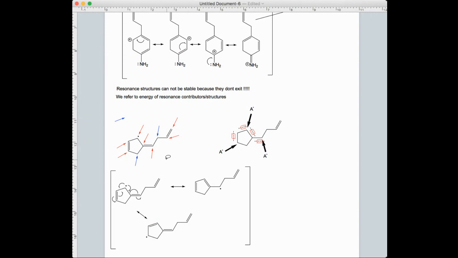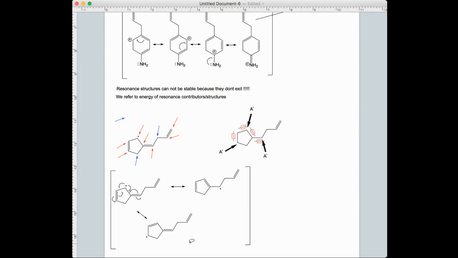We show this delocalization by means of the curved arrow symbolism. In this case, because it's a radical, we use only half an arrow. So half an arrow to indicate that this radical can delocalize toward this side to form a pi bond with 1 electron from the next pi bond, forming a pi bond over here. Obviously, the extra electron of the pi bond will be in this carbon. And the same thing toward this side, forming a pi bond here. The radical will be in the carbon forming that previous pi bond. No more delocalization toward this side because there is an sp3, and no more toward this side because there is an sp3.